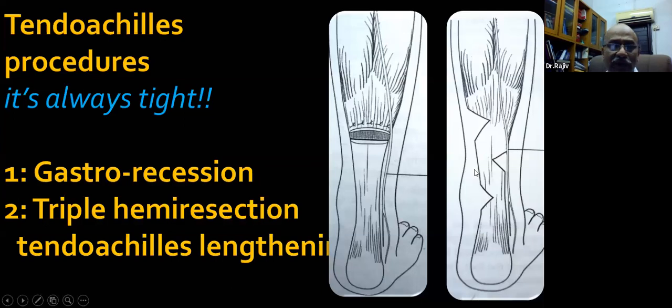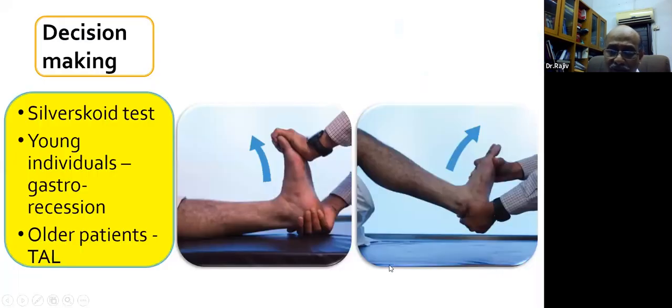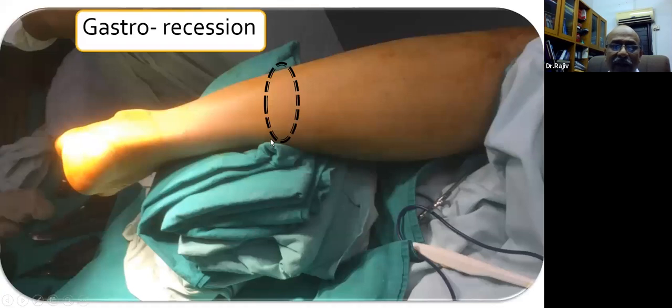Another procedure which is carried out almost always is tendo-Achilles release. All flat foot cases beyond stage 1 would have contracture of the tendo-Achilles, and you need to release the tendo-Achilles contracture for curing this patient. And you do the Silfverskiöld test and decide whether the gastrocnemius is tight or the tendo-Achilles is tight. And accordingly, if the gastrocnemius is tight, you do gastrocnemius recession.